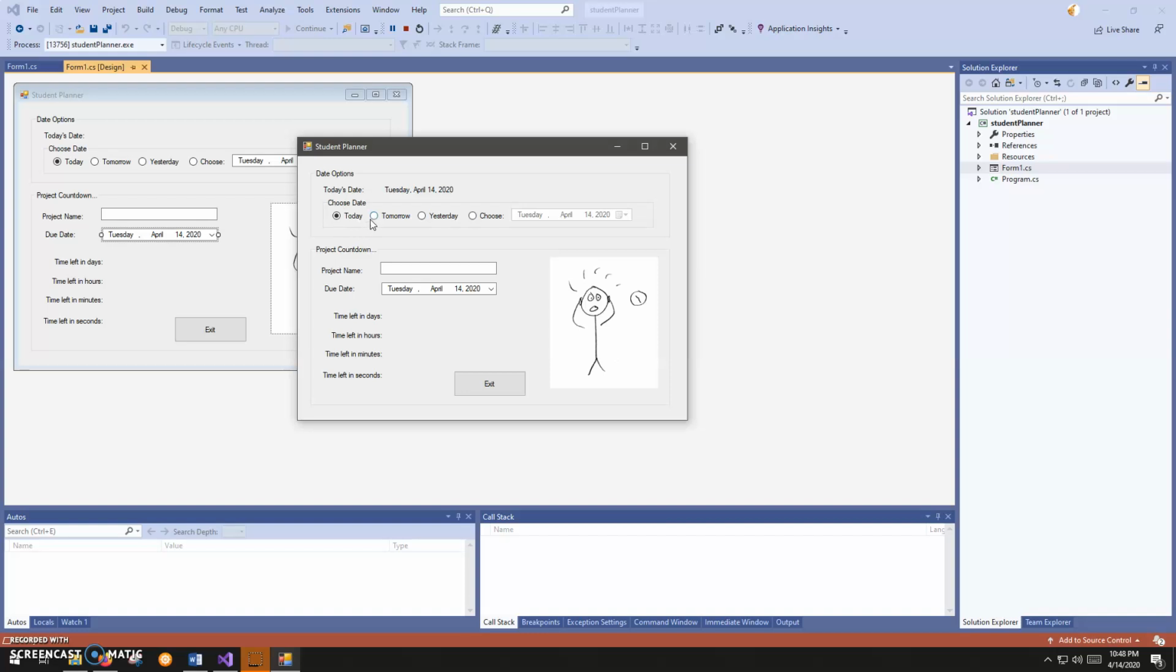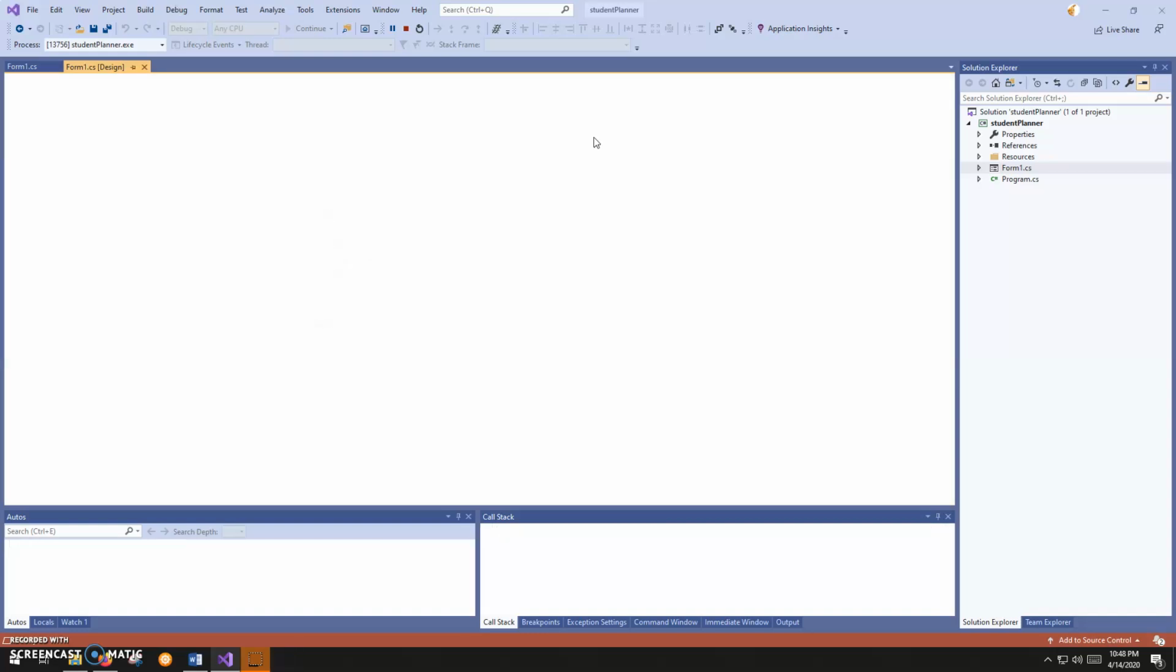But then I can choose a date. Well, today is today. Tomorrow, it'll change to the 15th. Yesterday, it'll change to the 13th. And then I can choose from the date time picker, whatever, maybe Saturday. Okay, and that'll load. So I'll show you the code behind that, and then we'll deal with this bottom part here. But basically,